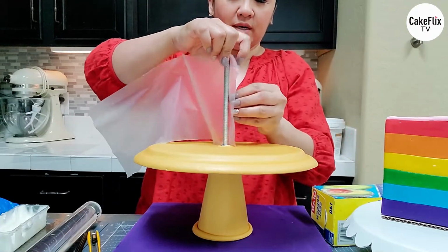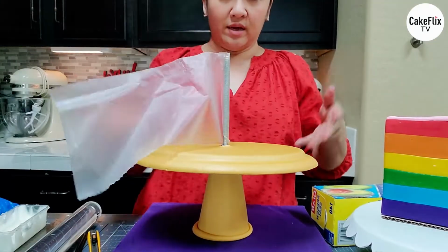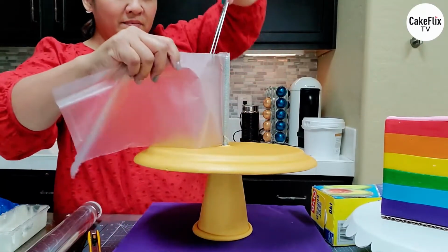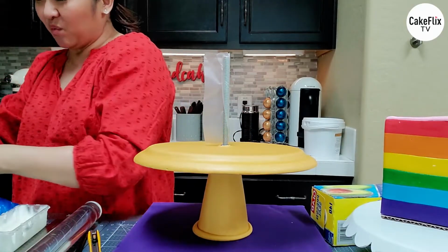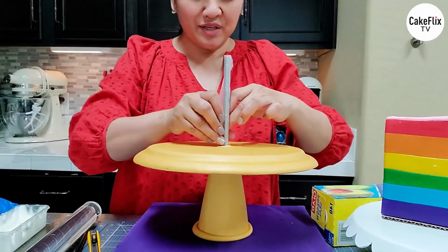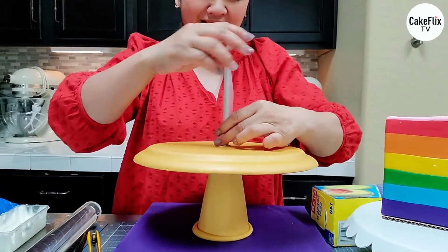At this point, where we are at right now, there's no food yet. This is just your stand. That's it. Your cake's not even here yet. So some people will get it. Some people never will. Some people will think, then why all the trouble? And then the other side of the population will say, why not? You know, so